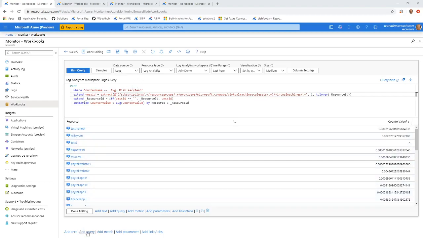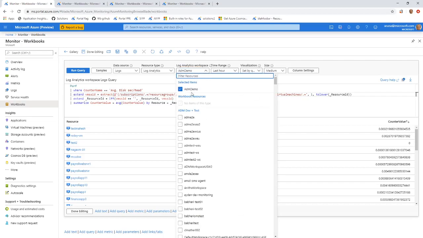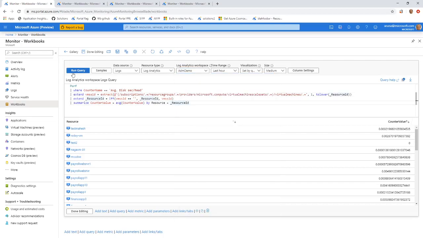Basically, create a control, say the data source is logs, the resource type in this case will be log analytics, and you'll point us to the exact log analytics workspace you want. So in this case, I've said this one. When you run the query, you have to specify what KQL to run, the query itself. In this case, I'm targeting the perf table, and I'm saying, for this particular counter, get me the average of the counter values and segment it by the resources. So at the end of the day, you'll get this table, which has resources, and then the average of the